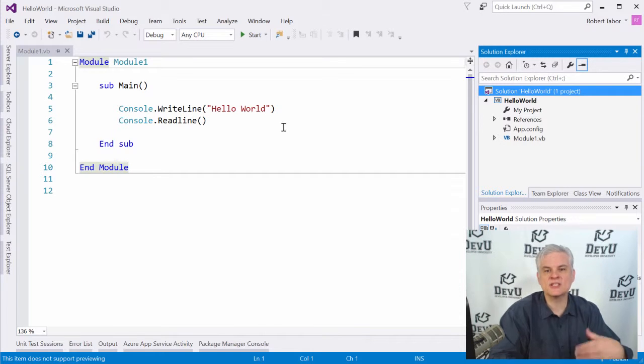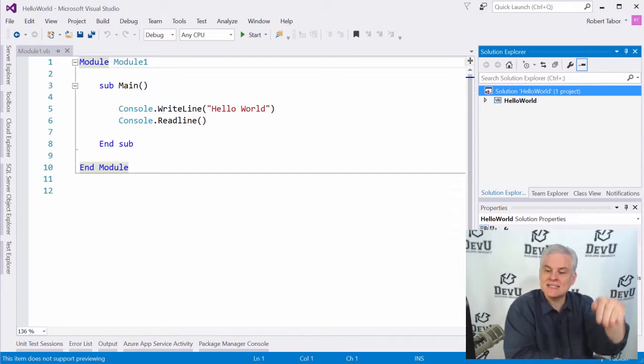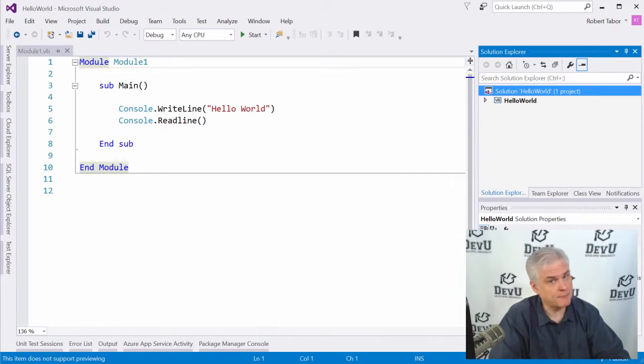So in many cases, as you're getting started, you're only going to have one project inside of one solution, okay? But as you build more complex applications over time, it's highly likely that you're going to manage multiple projects that are somehow related inside of the same umbrella called a solution. Again, the reason for that might not be obvious today at this moment, but as you continue learning about Visual Basic beyond this course, I think you're going to find that as you build more complex, business-oriented applications, this becomes